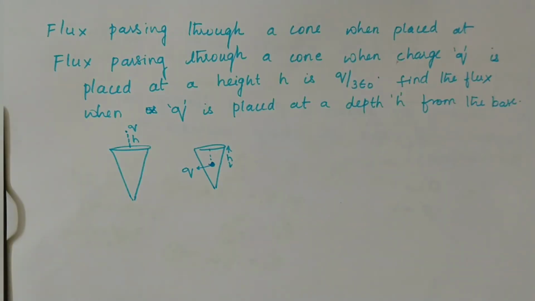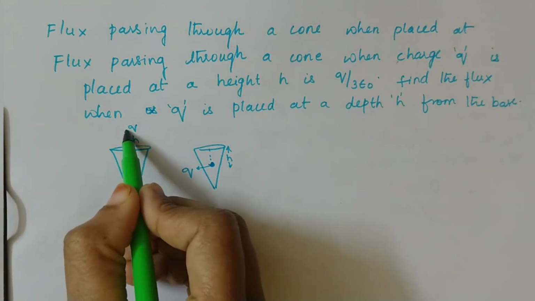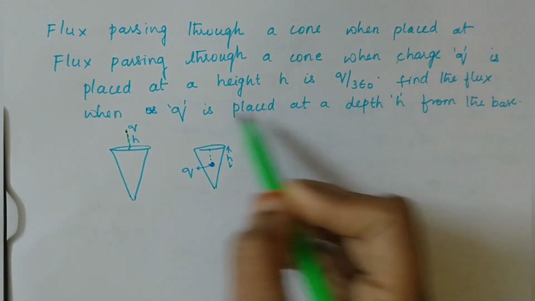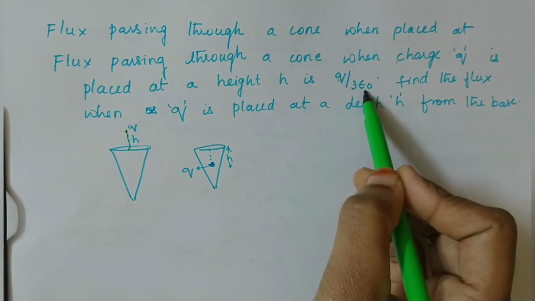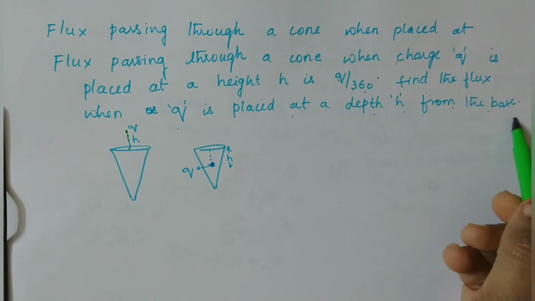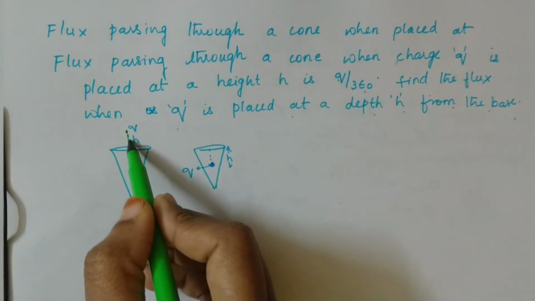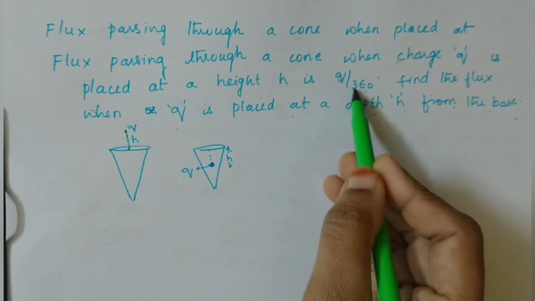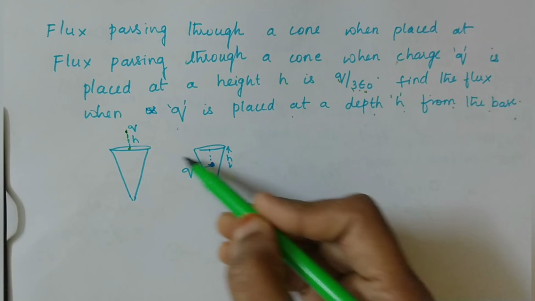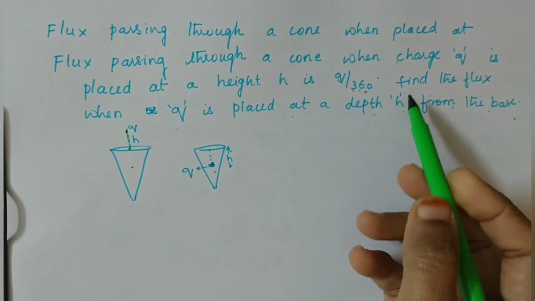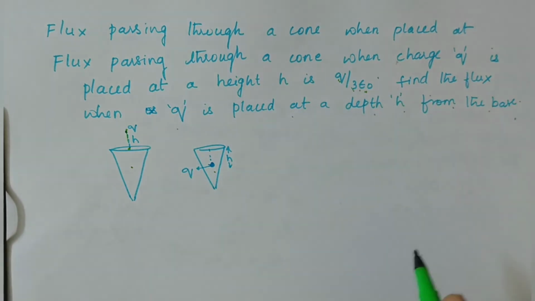Okay, the next question on flux is regarding a cone. It is said that when a charge small q is placed at a height h from a cone, the flux passing through the cone is q by 3 epsilon naught. Find the flux when the charge is placed at the same depth from the base. In the first case, it was at a height h from the base, and the flux through this cone is given as q by 3 epsilon naught. Now when this charge is kept at the same depth inside the cone, they are asking you to determine the flux. So for this type of question,